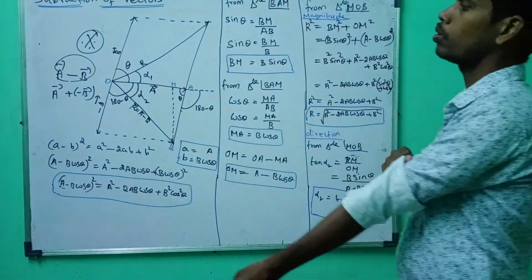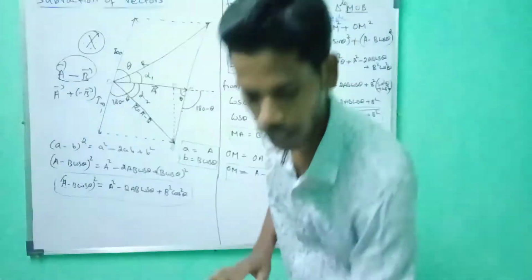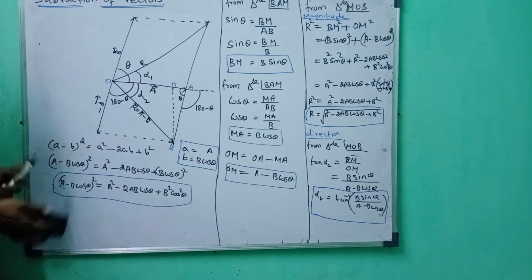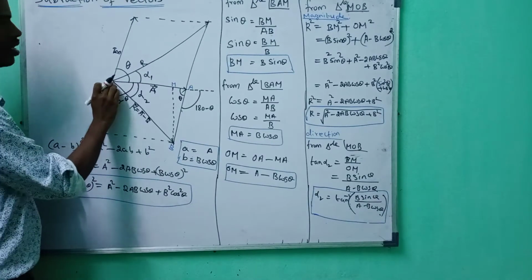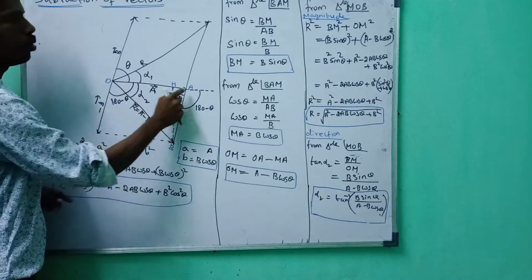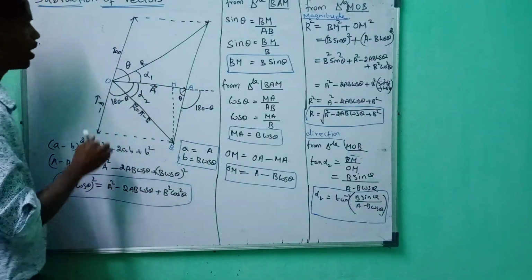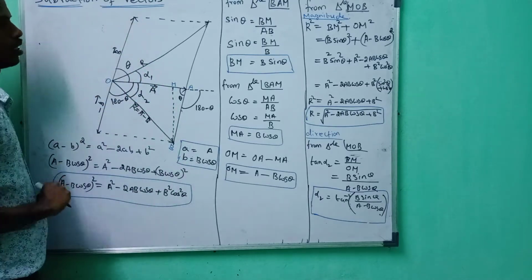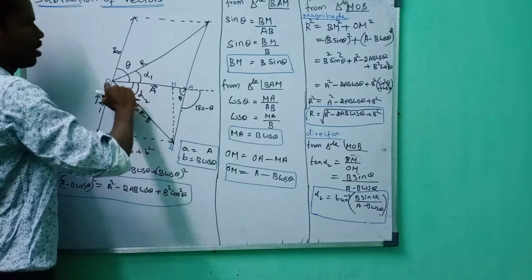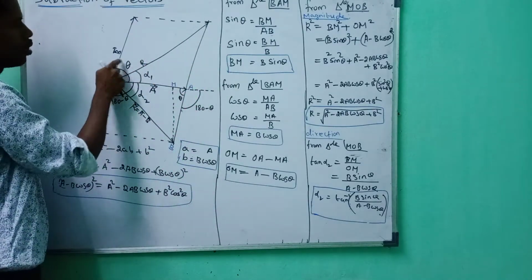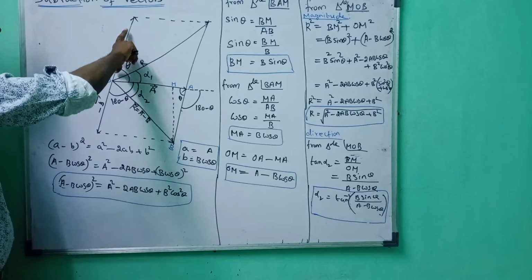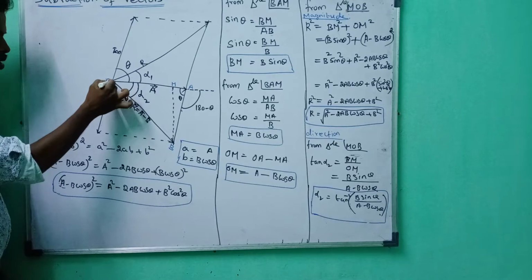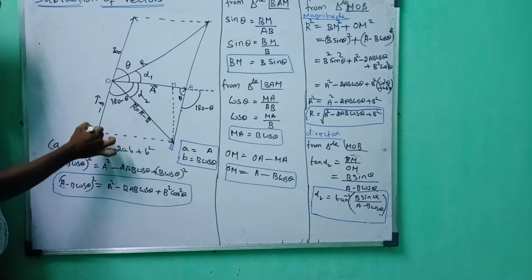Okay, first you have to understand the diagram. It is very easy. Listen to me. This is vector A from O to A. Then from here to B, this is the resultant vector of the two vectors. This is B vector, but here we are going to add the opposite of the B vector. So this is minus B vector.